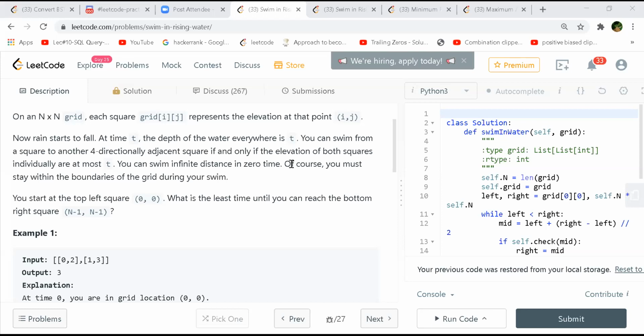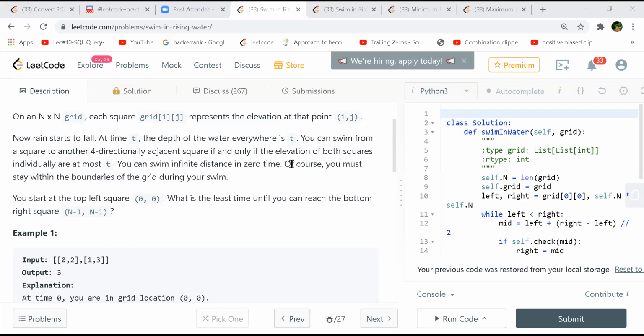Okay. So in this case, the first example, when the rainwater is rising in cell zero, it rises to level one. So then that means you can actually go to the cell below it also, which is of level one. Then when you increment again by one more, it will be two in that case. So now you will be able to go to all the three cells, all the levels less than or equal to two, because you keep on incrementing.